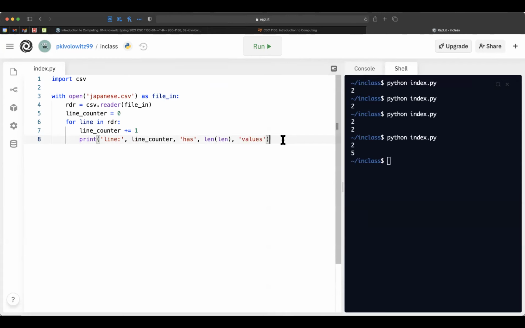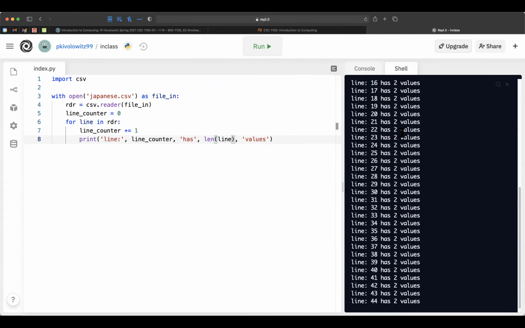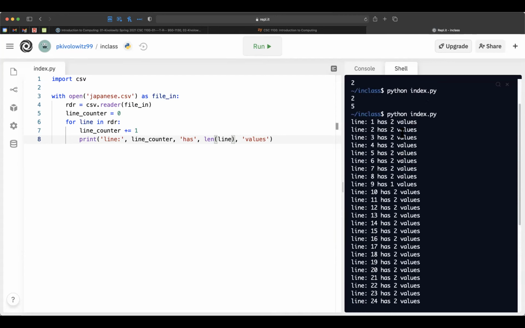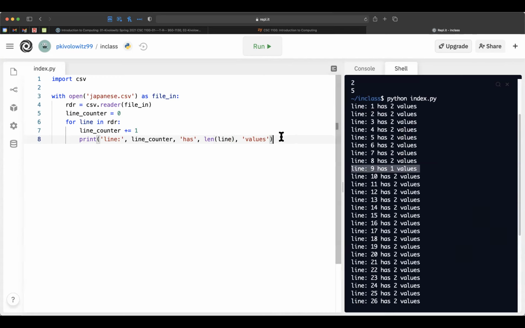All right, let's try that so far. You're right, length of line. Thank you. Okay, so we have that so far. Line 1 has 2 values. Everybody has 2 values except line 9, which I put in purposely as a mistake.